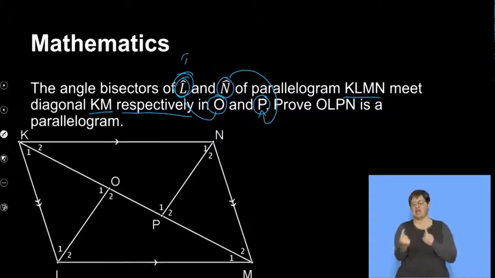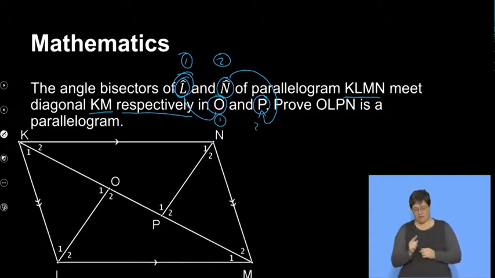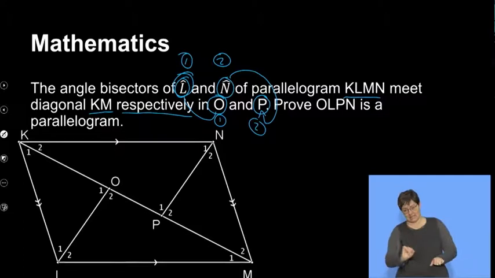So this is number one, this will be number one. This is number two, this will be number two. The word respectively does not mean just respect or anything like that. It just tells you to follow the same order that we gave you in the previous statement. Now we are required to prove that